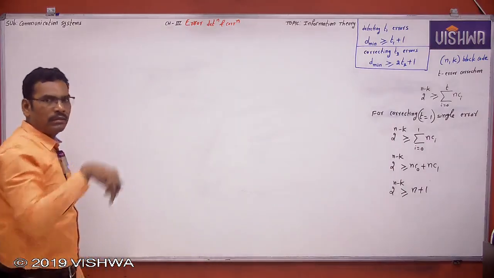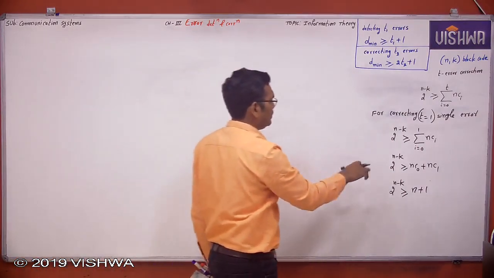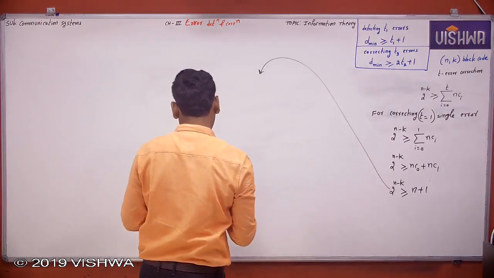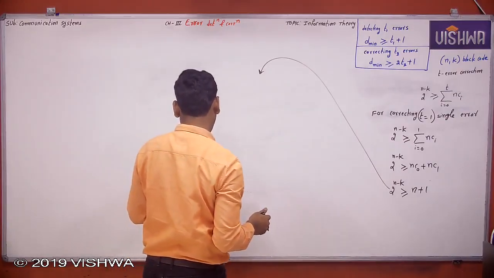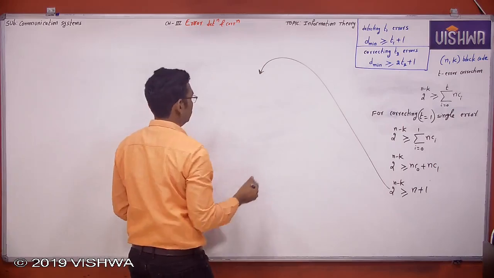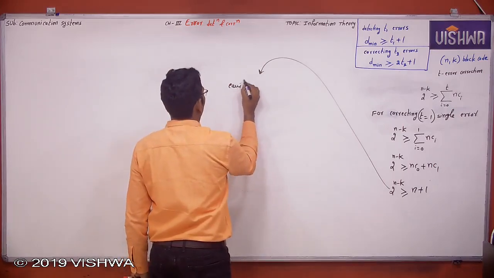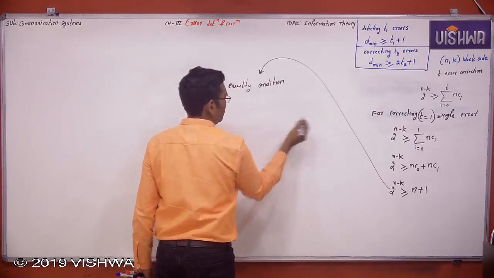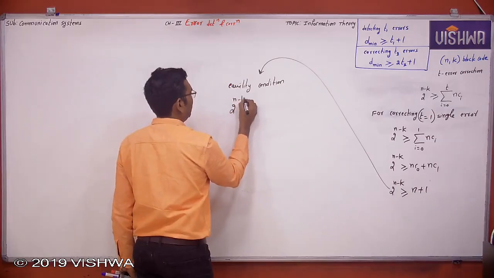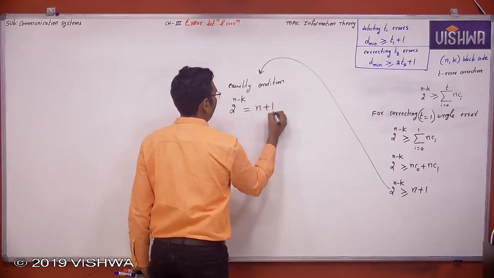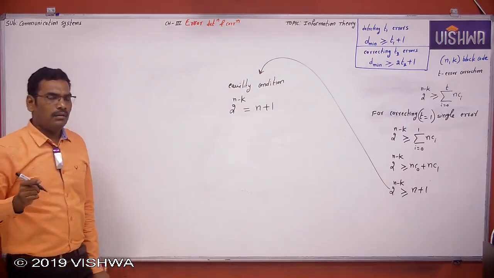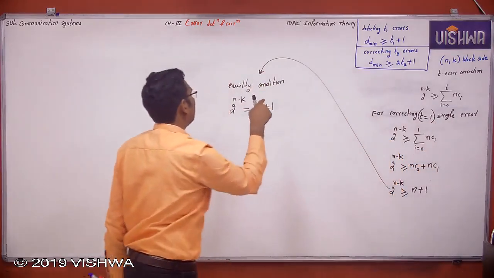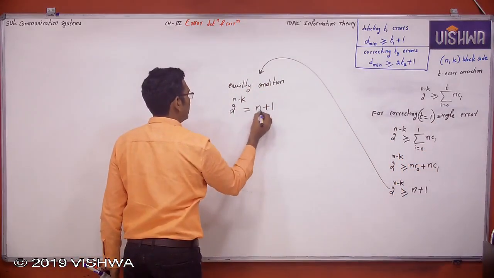Now for correcting t errors, and for correcting one error, this is the condition. In this equality condition, 2 power n minus k is exactly equal to n plus 1. If the single error correction equality condition is satisfied,